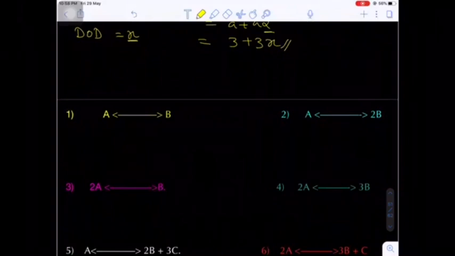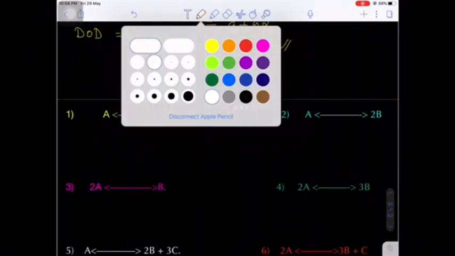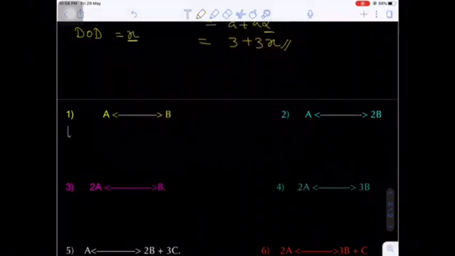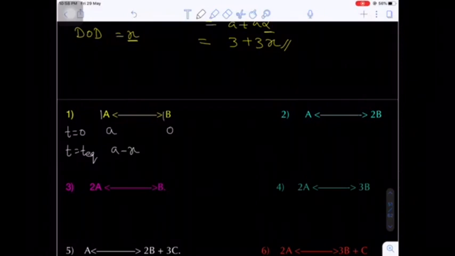Now here we have some general examples of how to calculate the total number of moles at equilibrium. Let's suppose, just now I told you, initial A moles taken, number of moles of B 0, when equilibrium is attained by the system. Here we have to subtract the x moles, so 1:1 ratio, so we have x moles of B.